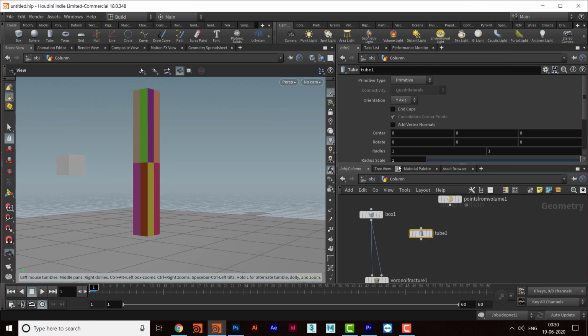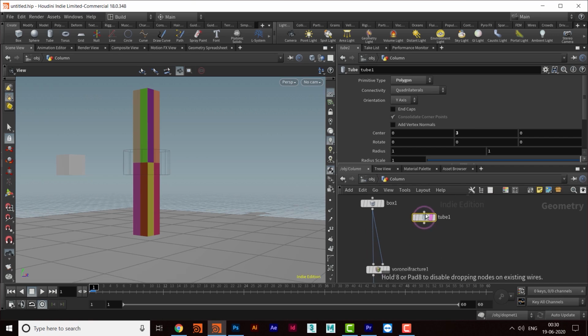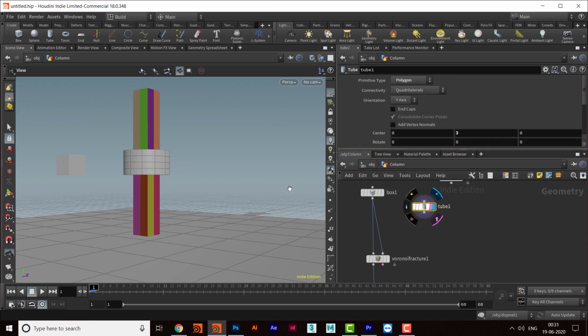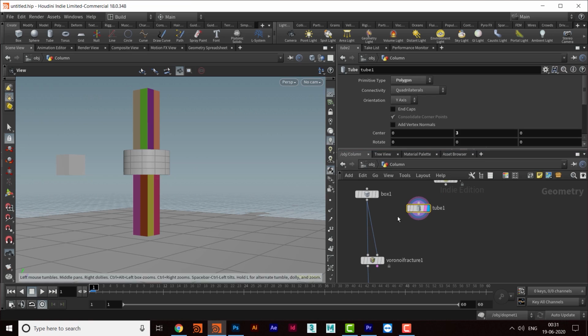I will take a tube, and then change it to polygon and take this up here, and then take one add, change some values in the height, maybe rows to 5, and then I just want points because only points can be added here, not the mesh.